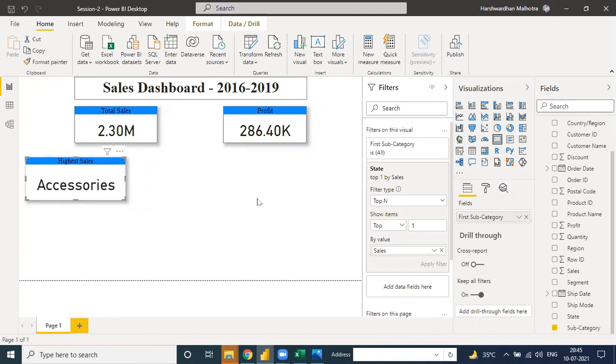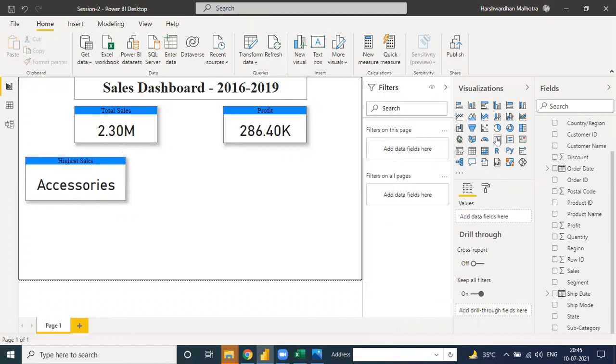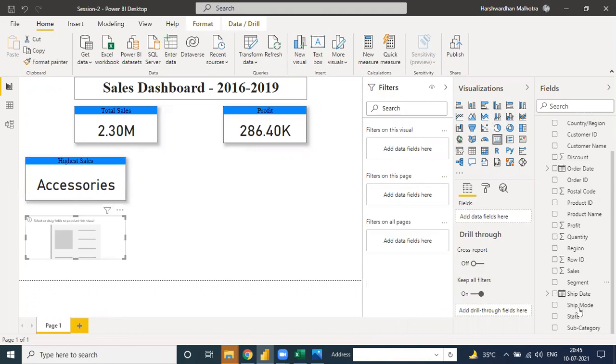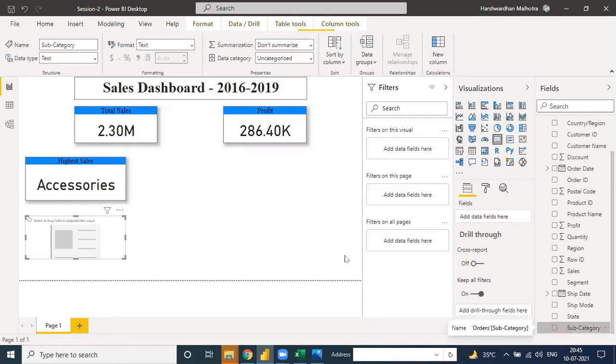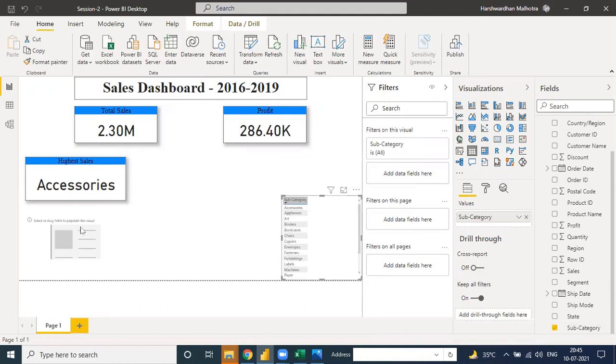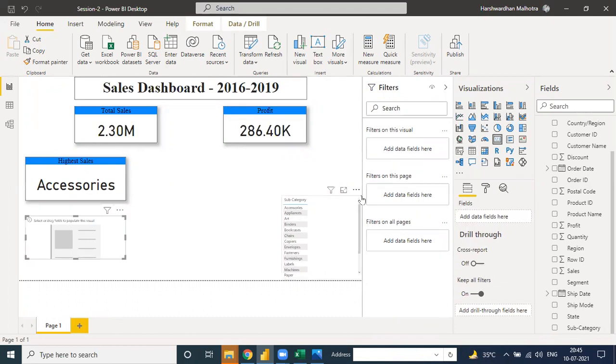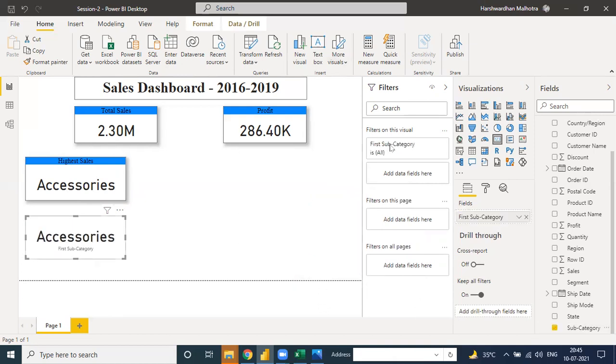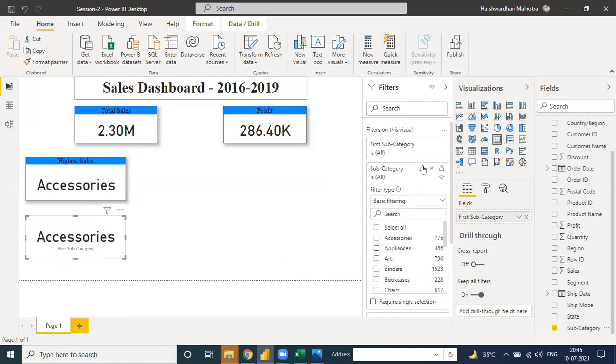Click on the next card, and click on subcategory in the field.